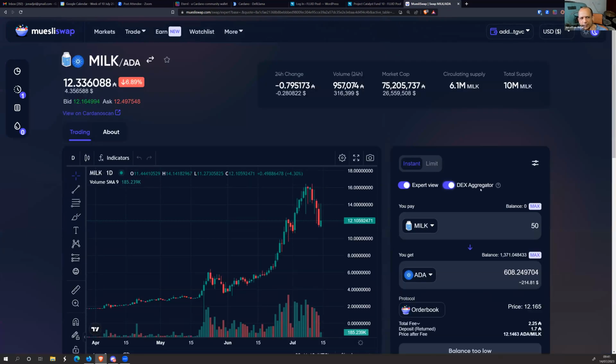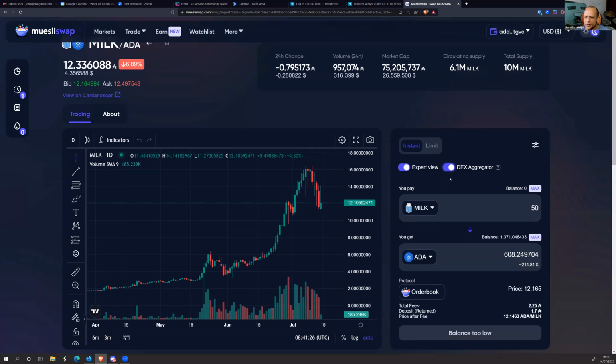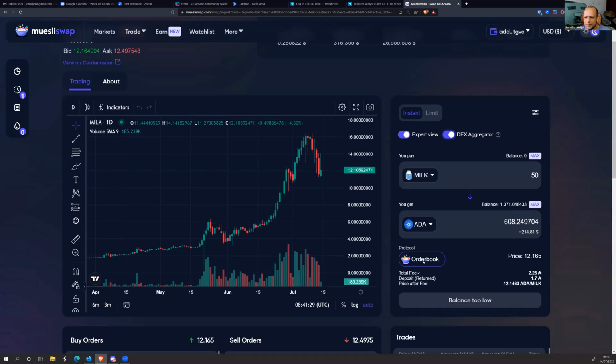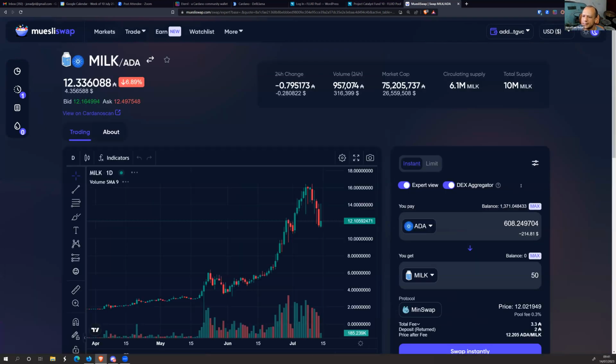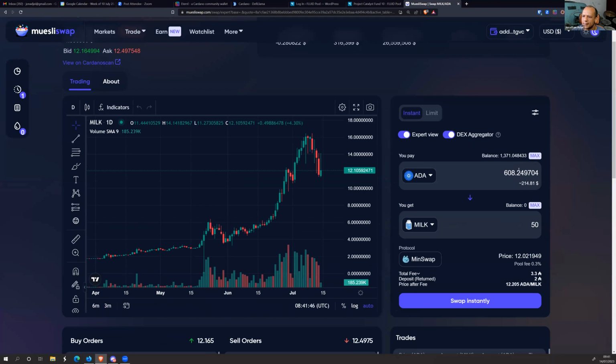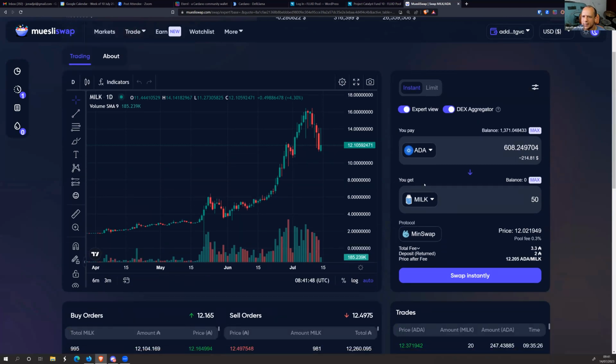MuesliSwap is a very clever platform in that it pulls in the prices and orders from the other decentralized exchanges. So you can have on here the price as quoted by MuesliSwap, which is the order book as it's called. And you've also got the option to swap that token for one of the others. So if I did that and then said, I'm going to swap 608 ADA for milk,